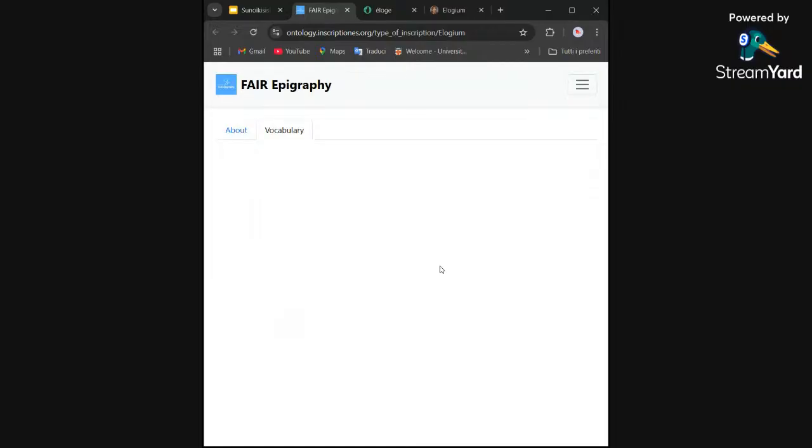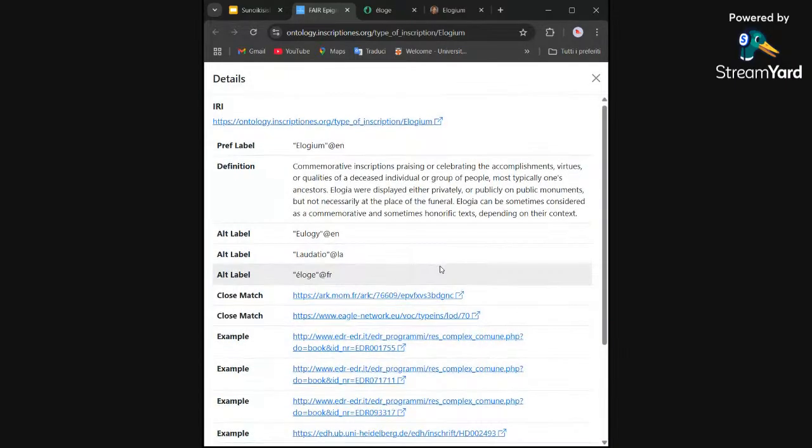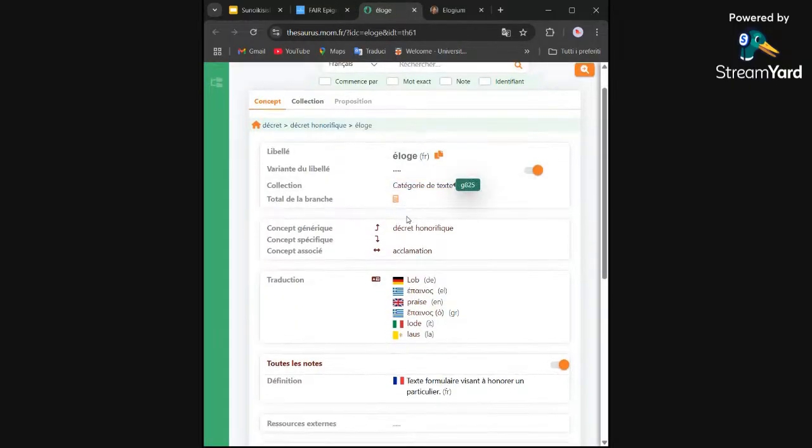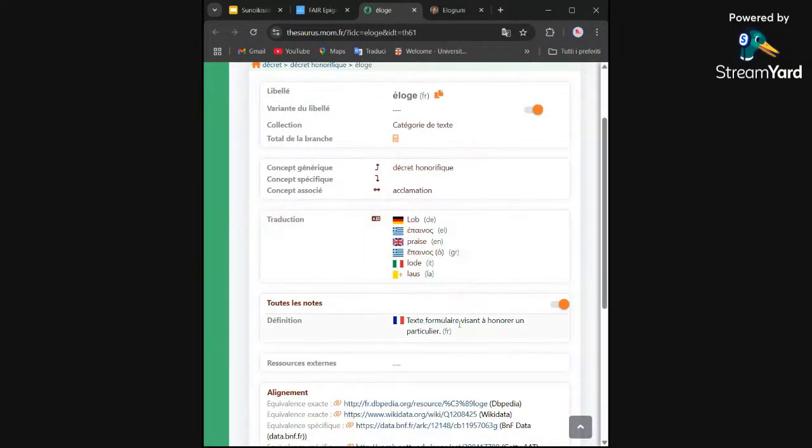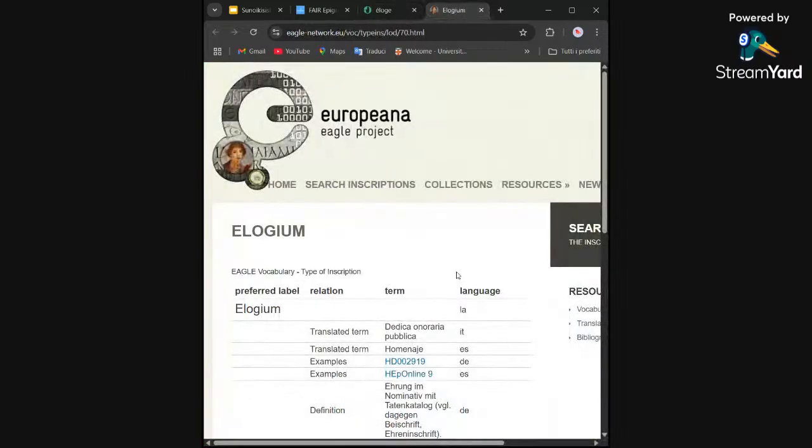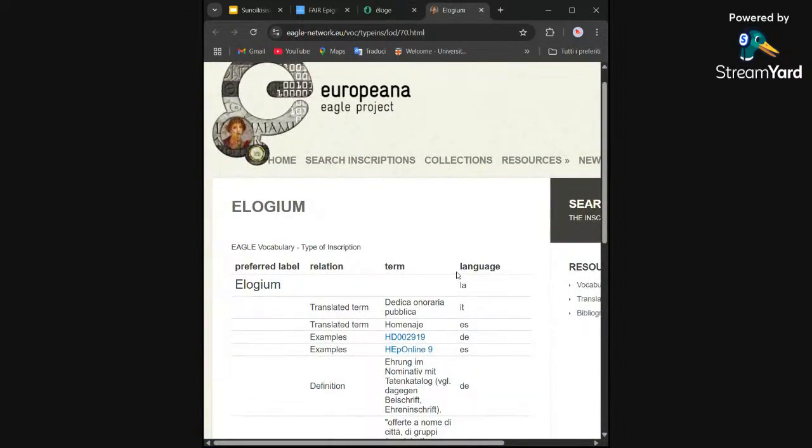So these are three fortunate cases, as I say, where there's actually a perfect match between the three systems. So here we have elogium in FAIR vocabulary, we have eloge, and then a brief description like text formulaire, and then elogium in EAGLE as well. But what usually differs is the